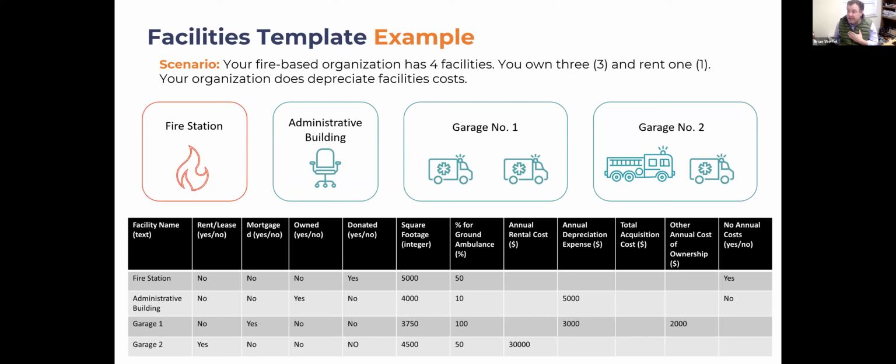And this may be fairly common in the case of a municipal organization where the larger city government built them a building and allows them to use it, and they're not charging them rent for it. They're then saying that the space is 5,000 square feet. And then they're saying that 50% of that fire station is allocated to ground EMS. So maybe in their case, they have 2 fire trucks and 3 ambulances, and the floor plan is roughly 50-50. That's what they're saying.